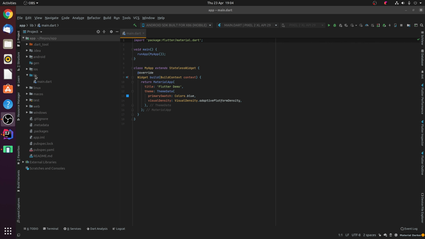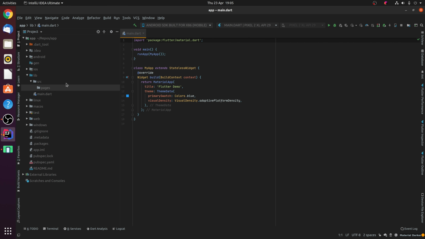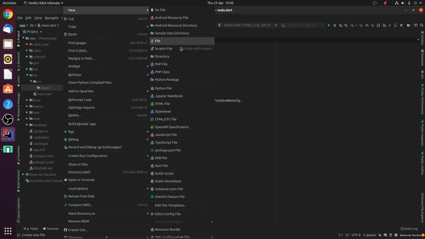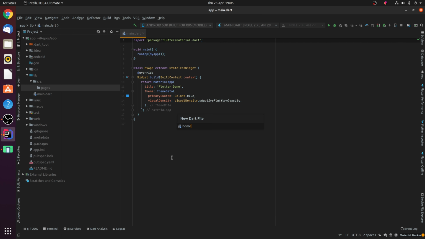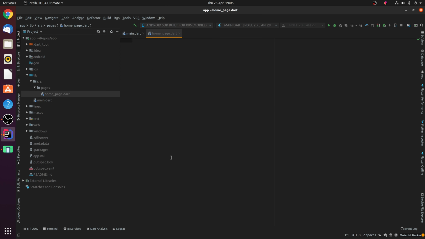Underneath the lib folder, how I generally structure my Flutter projects is I will create a source folder, and inside this source folder I will have a pages folder, and it's this pages folder which will store all of our, you guessed it, pages. So we're going to create a new Dart file called homepage, and we've got that there in our source and pages folder. We'll create some other folders later on for things like models, services, widgets, etc. For now though, we've got this homepage